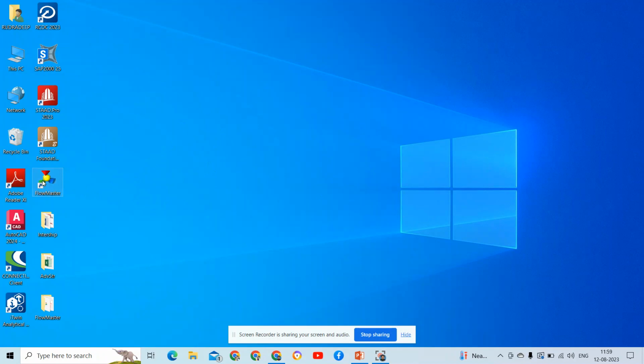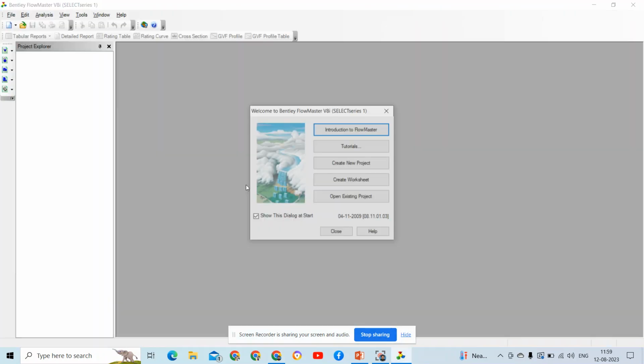Using this FlowMaster, we can design some drainage system. So at first, open the software. After opening the software, this interface will come and simply we will click here on Create New Project. After clicking there, you can see that in the Project Explorer, a project is created and I have